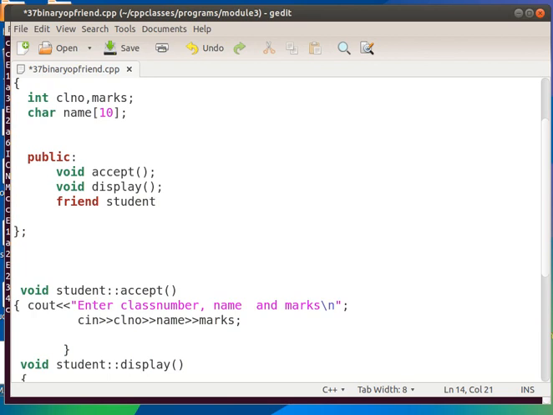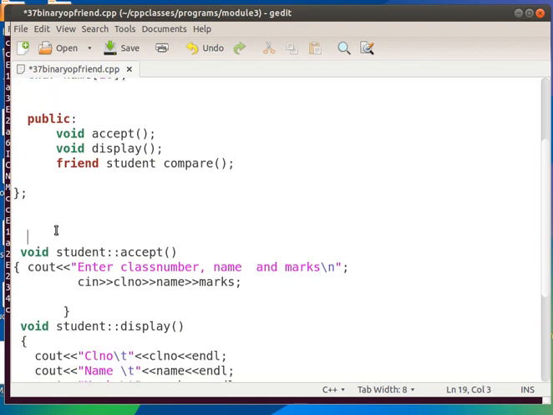So I am giving friend student, and the function name is compare, and now I am not giving any arguments. I will show you how.